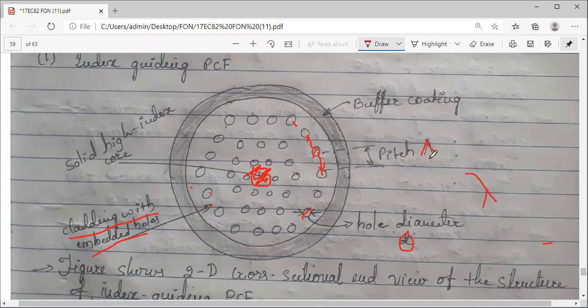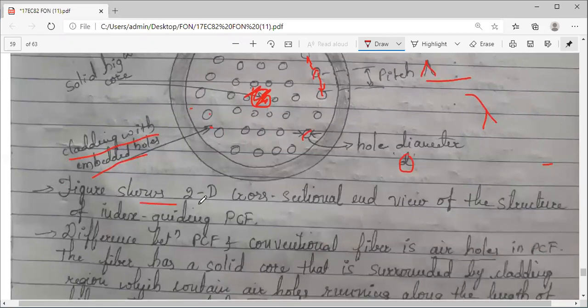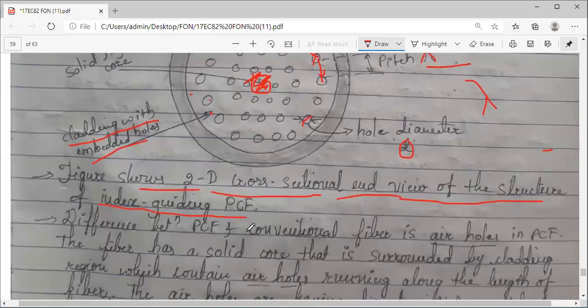We have heard this as lambda. So this is the pitch. The figure shows a two-dimensional cross-sectional end view. Remember, it is the end view, the front, the mouth of the optical fiber, that I am showing you. This is the end view of the structure of index guiding PCF.